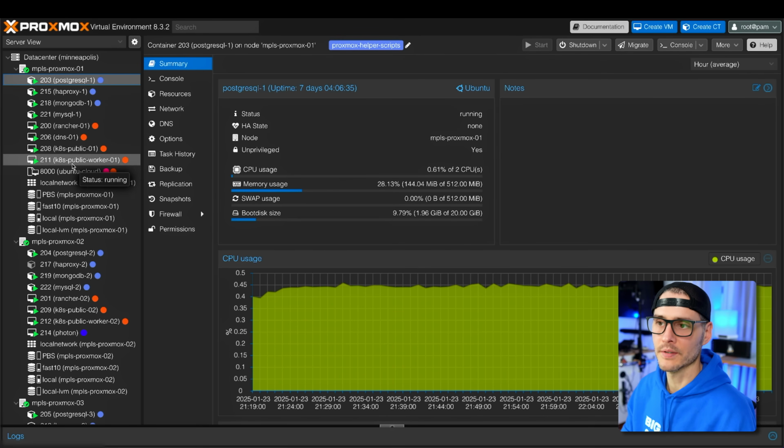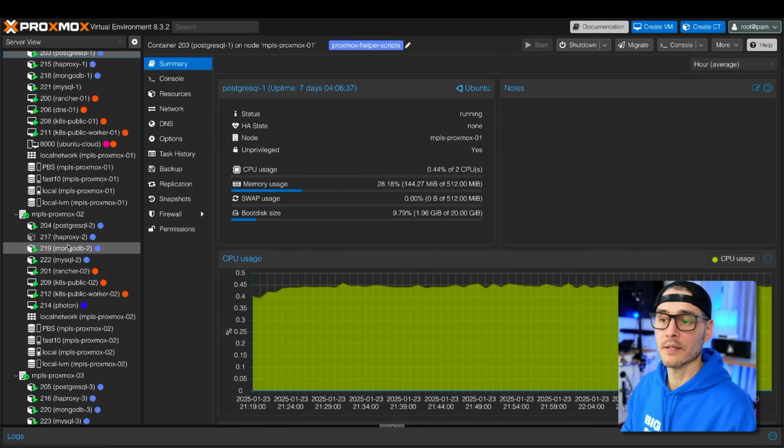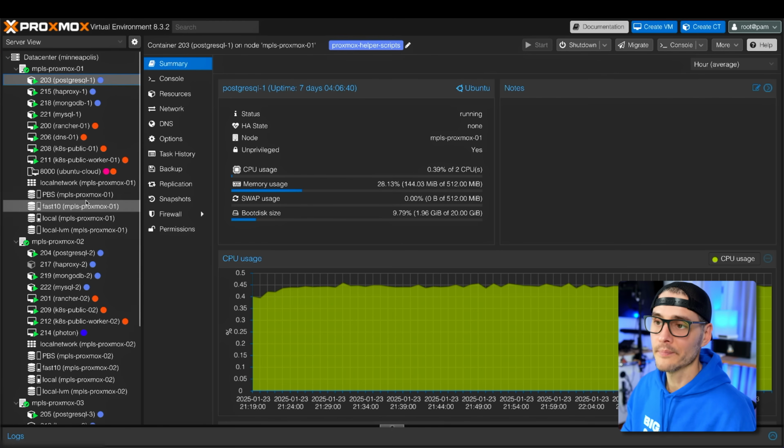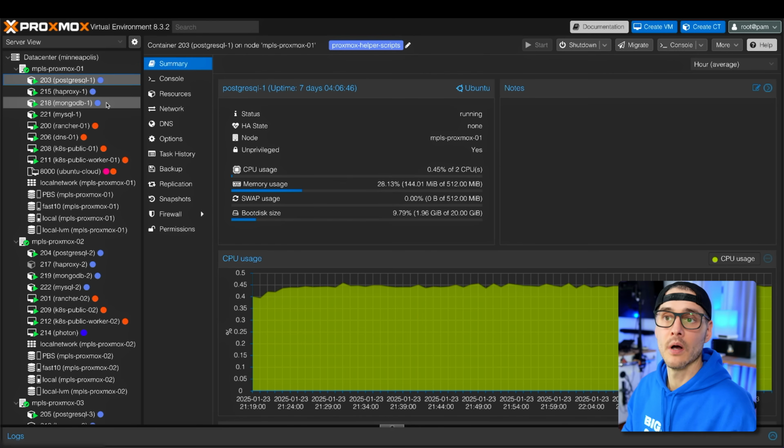Now, I don't know if I mentioned this, but last year I was running a lot of my databases in Kubernetes. Now, there's nothing inherently wrong with running databases in Kubernetes if it's architected the right way. I didn't architect mine the right way. And the biggest takeaway from this is to not use a database in a shared service server. As you can see, I have a lot of virtual machines in here. And a lot of things that are sensitive to latency. Databases are one, and etcd is another. And so I had databases running in Kubernetes on this host that's also hosting all of these containers and virtual machines. So not a great mix.